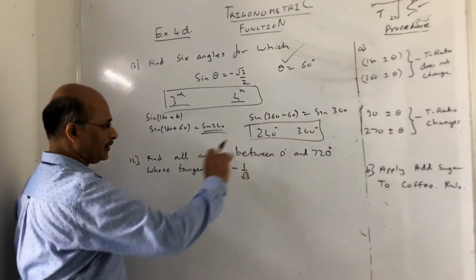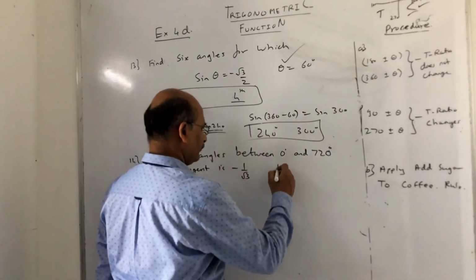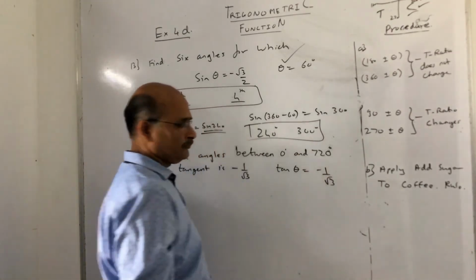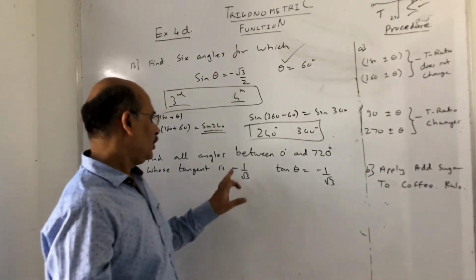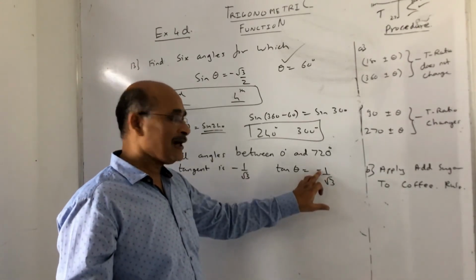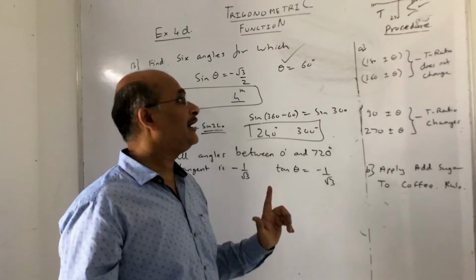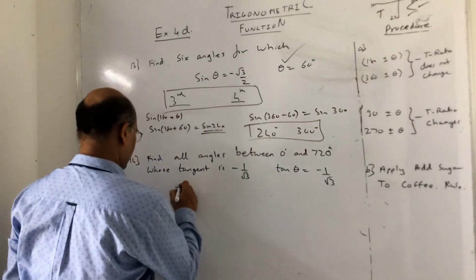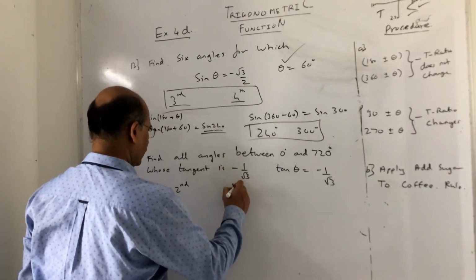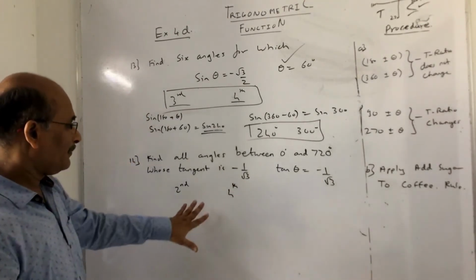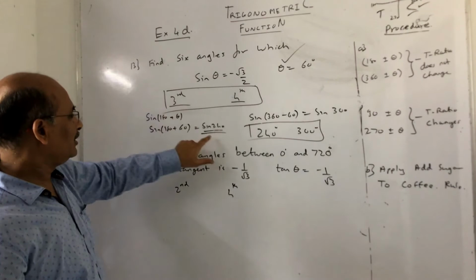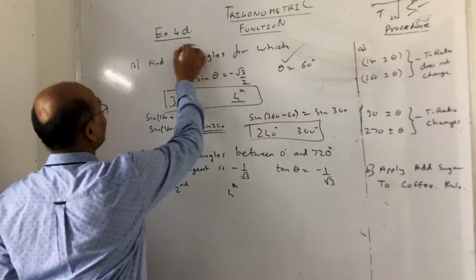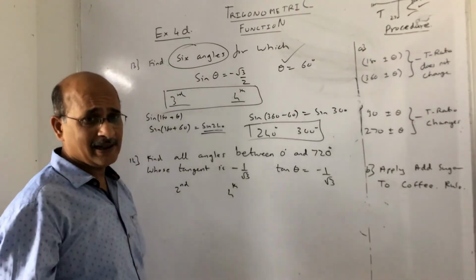Now let us take an example here. They are telling us tan theta is minus 1 by root 3. Now listen very carefully. Tan theta is negative. I said the sign tells you which quadrant it lies in. Where is tan negative? Second and fourth, so the second quadrant and the fourth quadrant. By the way, I beg your pardon, I just missed one thing. This finds only two angles, but here they are asking to find 6 angles. So how do I find the 6 angles?